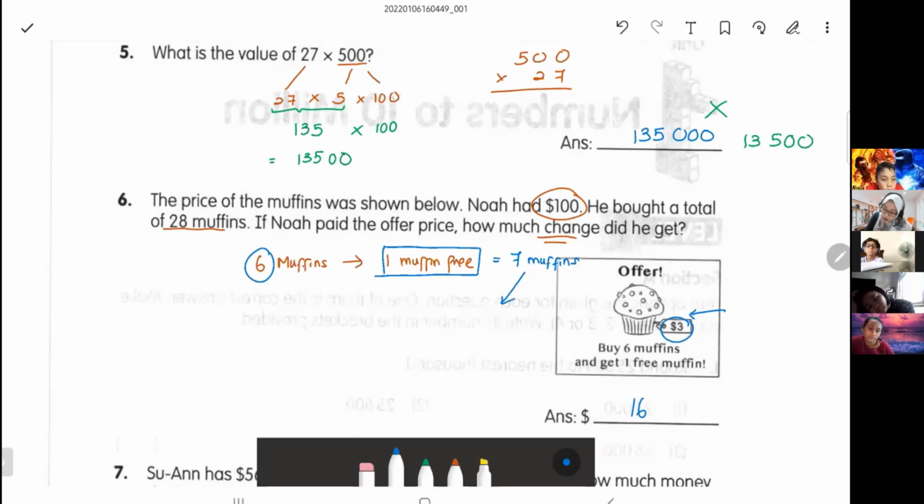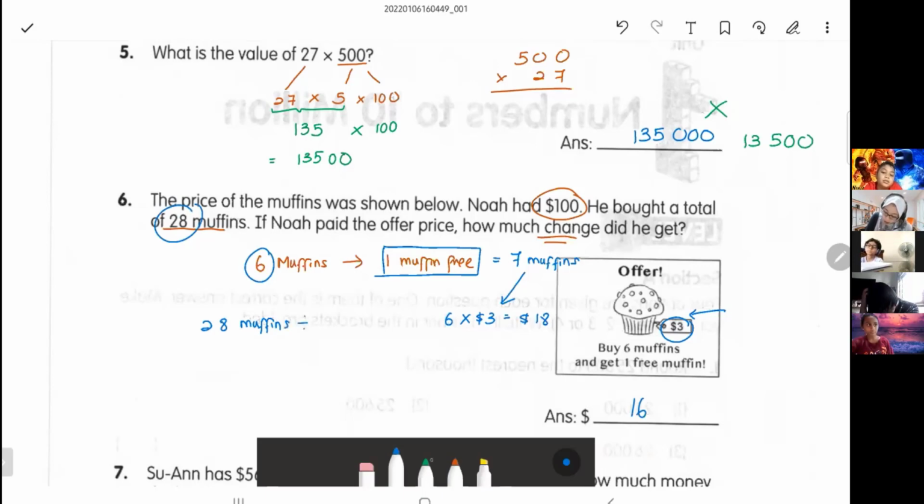So if I get 7 muffins, I'm only paying for the 6 muffins, which is 6 times $3 equals $18. And I get how many? 7 muffins. Okay. Now I bought 28 muffins. So 28 muffins